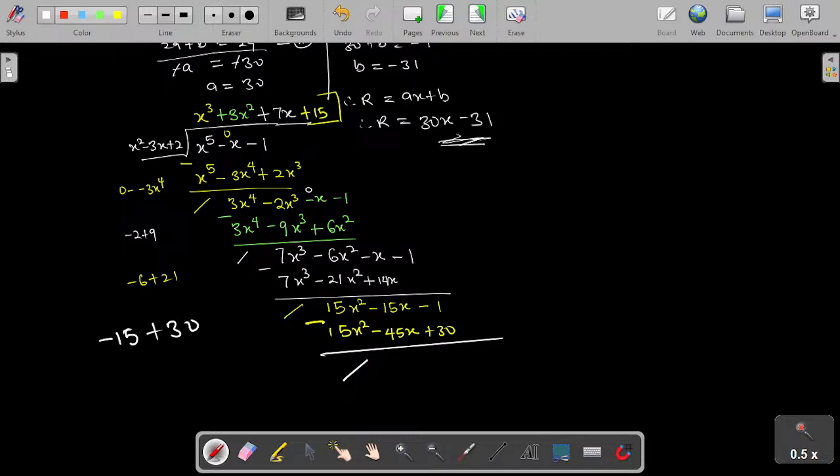See me now, I'm writing the answer. Plus 45 is going to give us 30x. Then minus 1 minus 30 is going to give us minus 31. If this was a physical class, I expected a clap, but since you are online, you can just touch something if you have followed me up